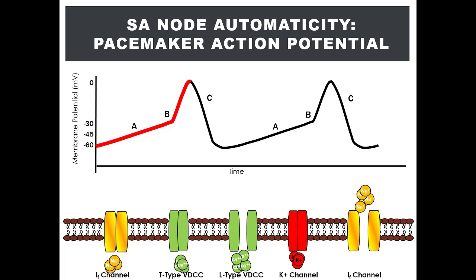pump blood. So if I ask the question, which of the following describes a process immediately preceding this action potential in the SA node, it would be calcium influx through the L-type VDCCs. If I ask which of the following describes a process that causes the initial depolarization from negative 60 to negative 45 millivolts, it would be the influx of sodium through the funny channels.